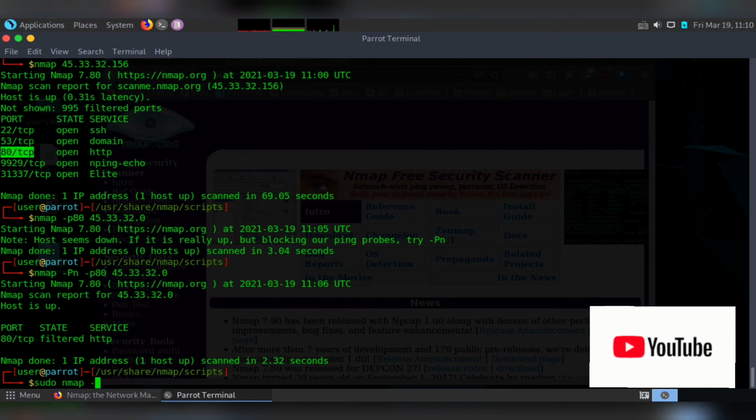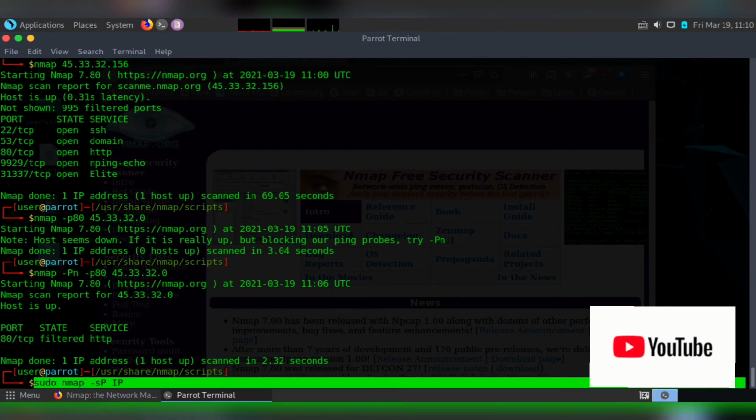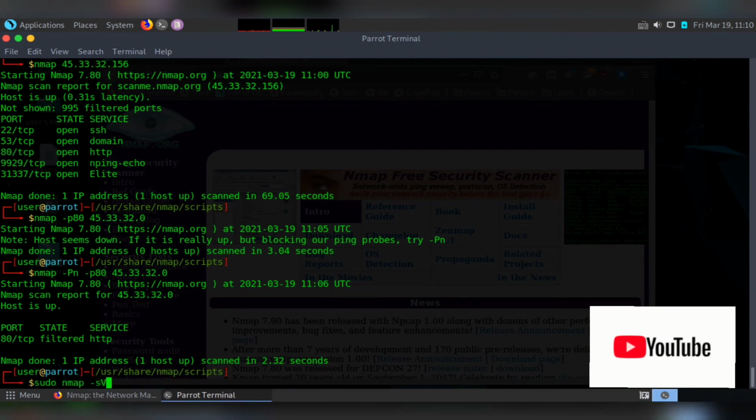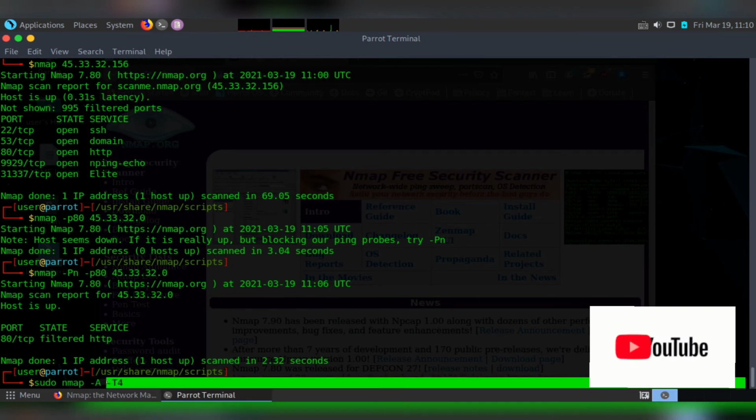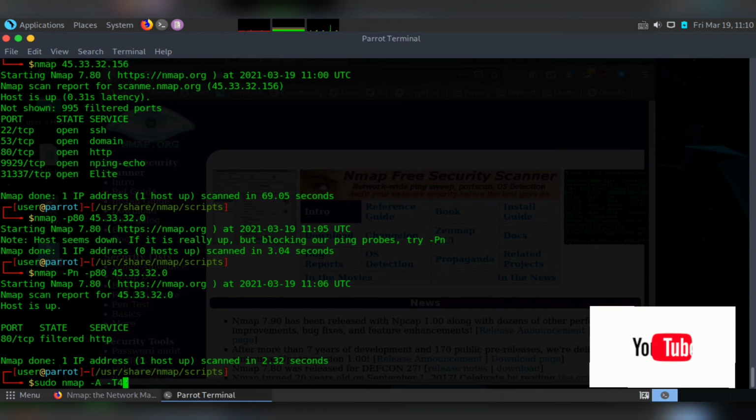It will simply ping your server to check whether the server is alive or not at present. If you want to check what services are running on a particular port, then you have to use -sV. Normally what people do is the main scan is -A, that is your aggressive scan, and -T4, that is basically for timing, and you can arrange it from -T0 to -T5. You can give values up to 5.